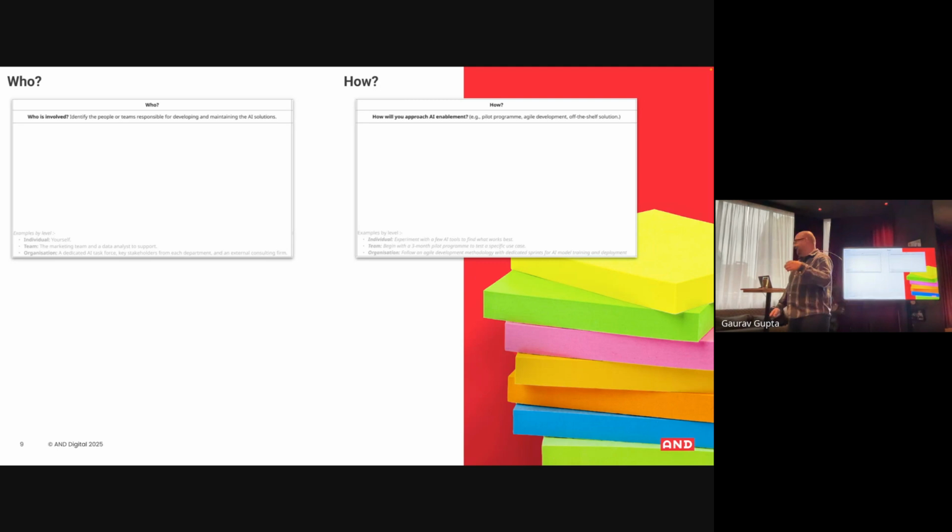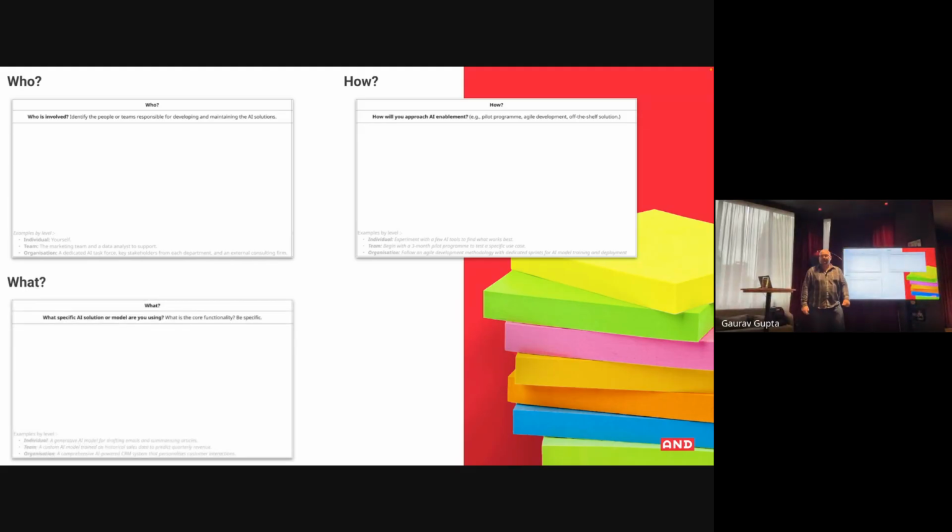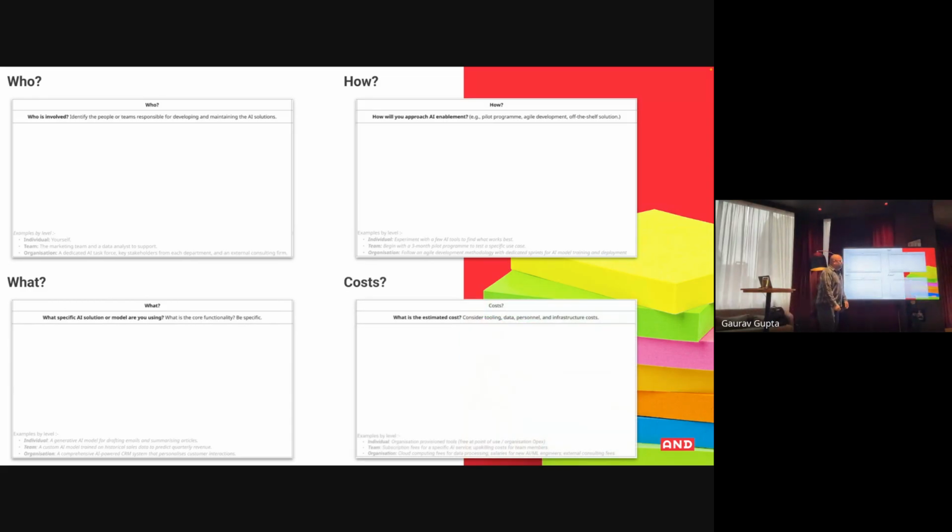Because how is: I'm going to run a pilot. I'm going to do an experiment. It's how I do this, rather than what, because we do have a what, which is what I'm actually going to use, what I'm going to do, the thing I want to make. And then if you are like me, who actually has to pay for this as a company, as the CIO of a company, we have to pay for AI, so how much is it going to cost? From an individual point of view, it might be free or kind of cheap. But from an organizational point of view, you may be spending hundreds of thousands of pounds on something like this. So think about some of those details in that middle row.